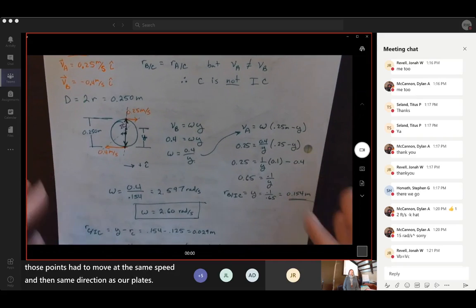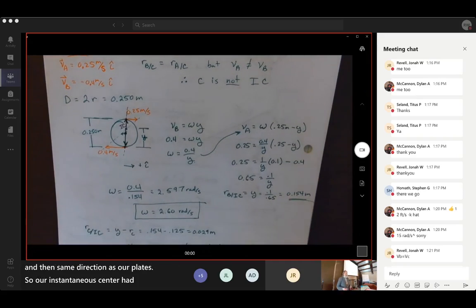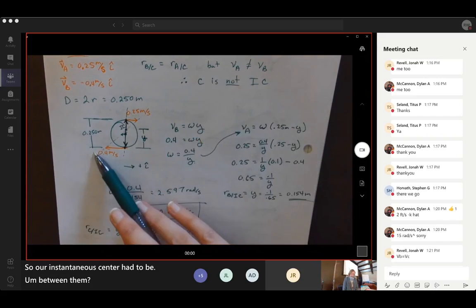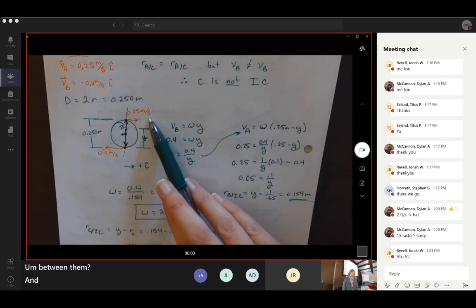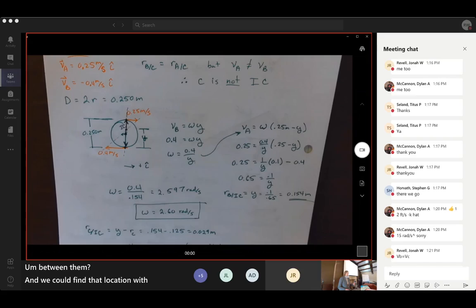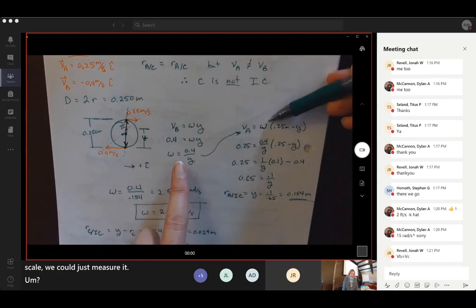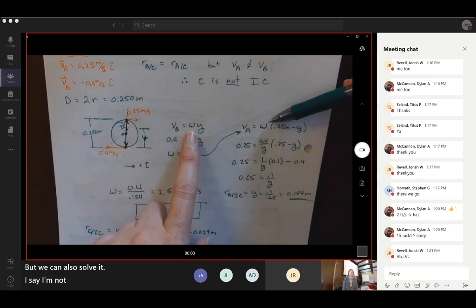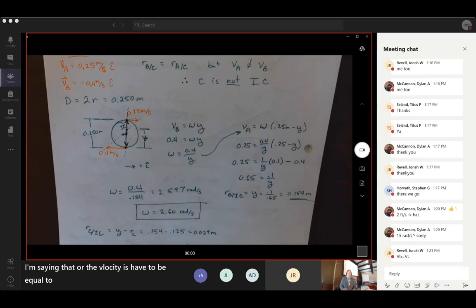So our instantaneous center had to be between them. And we could find that location with similar triangles. If we had drawn these all to scale, we could just measure it. But we can also solve it by saying that our velocities have to be equal to omega times the radius,